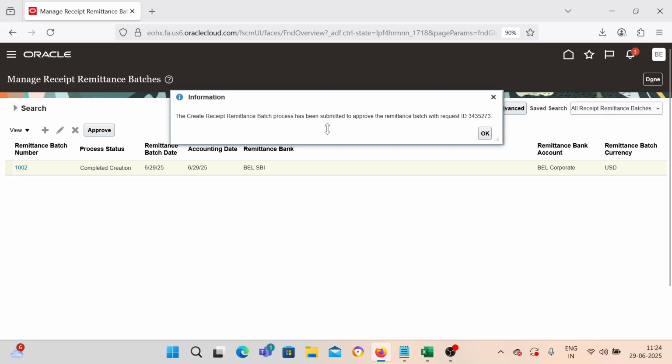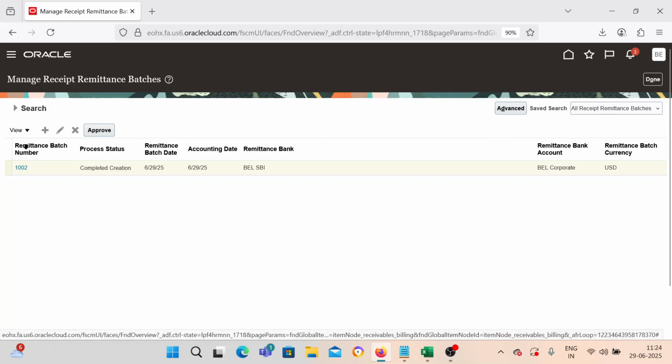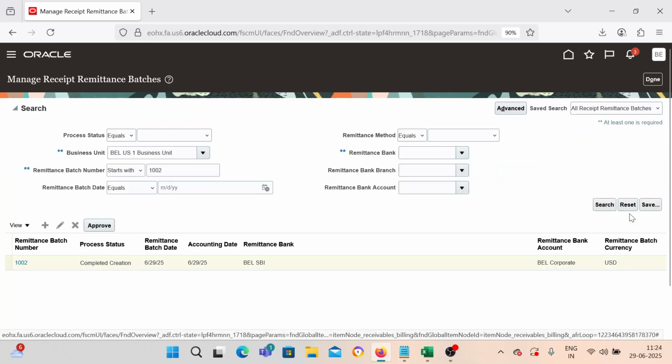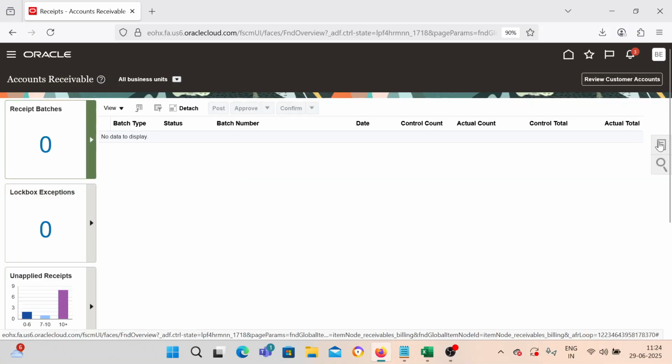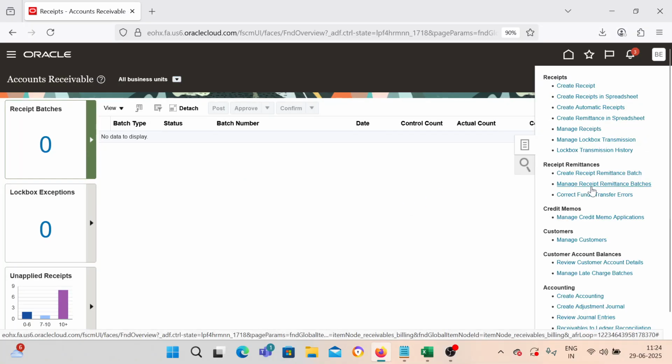So here you can see that the information has been popping up. Now wait for the status to change from completed creation to approval or approved or completed approval. It will be, yeah, completed approval has been completed. So once the status has been completed, now what we will do is go back to the receipt again, search